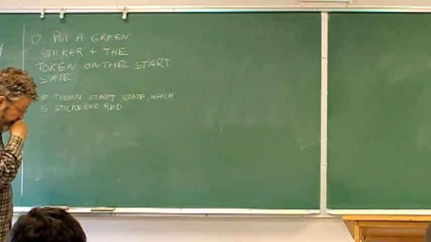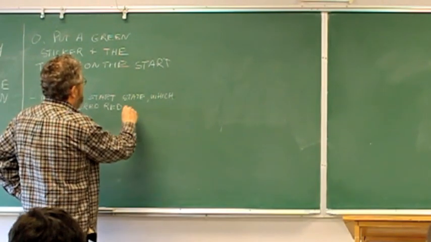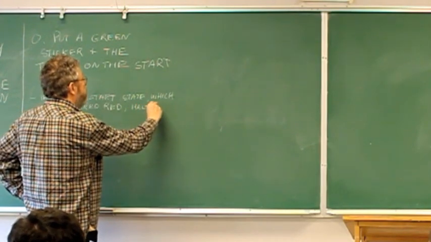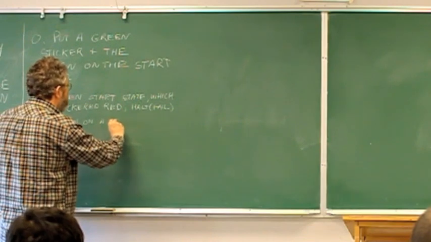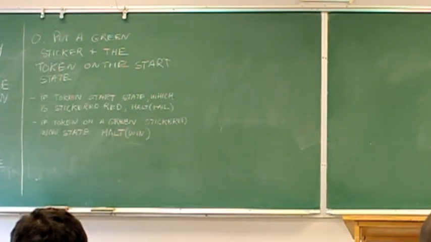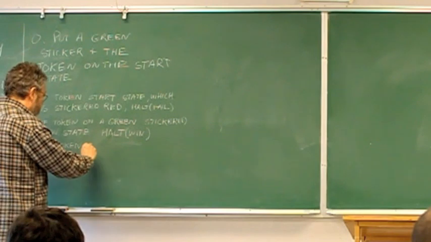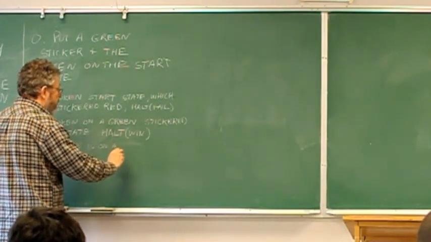If you find the token is on the start state and there's a red sticker on the start state, you halt and announce failure. The next rule is if on a green stickered one state, you halt with win. Okay. If the token is on a green,